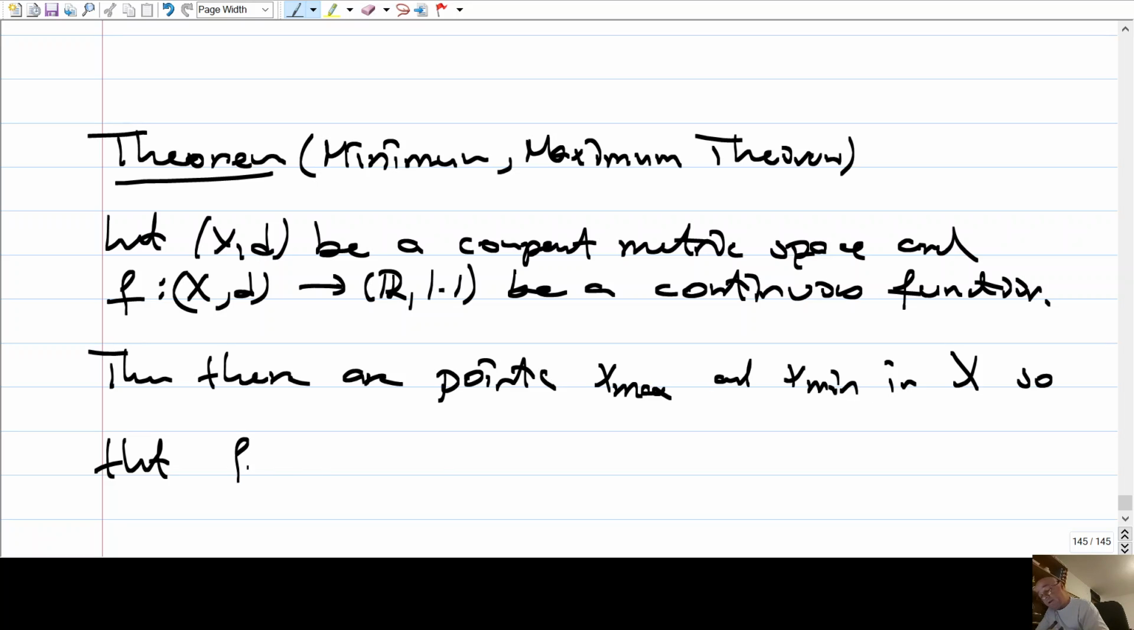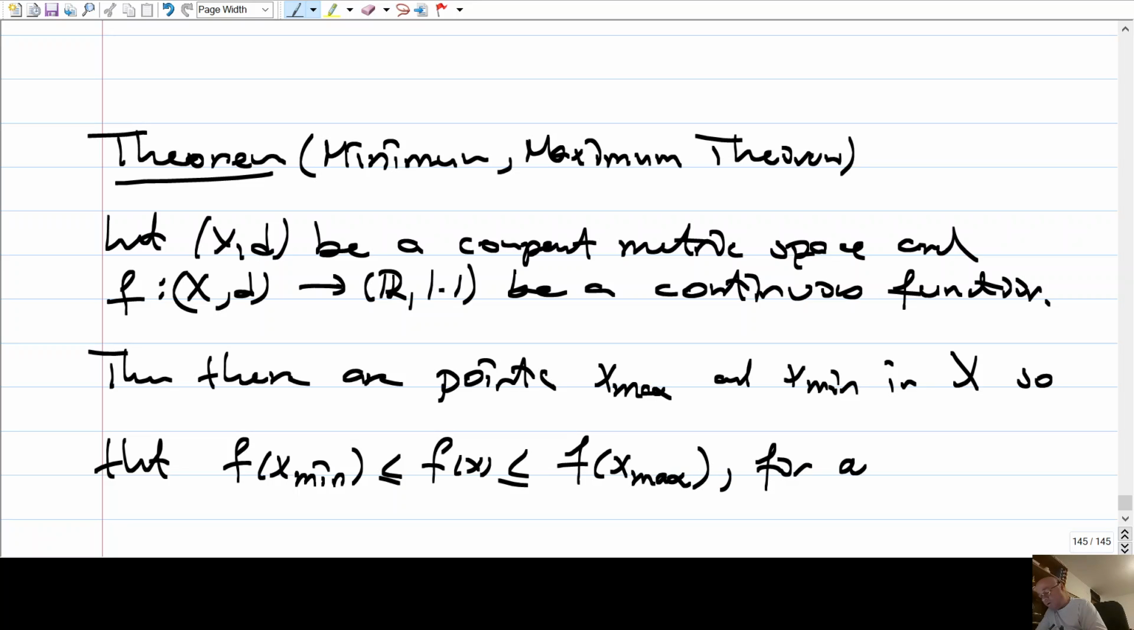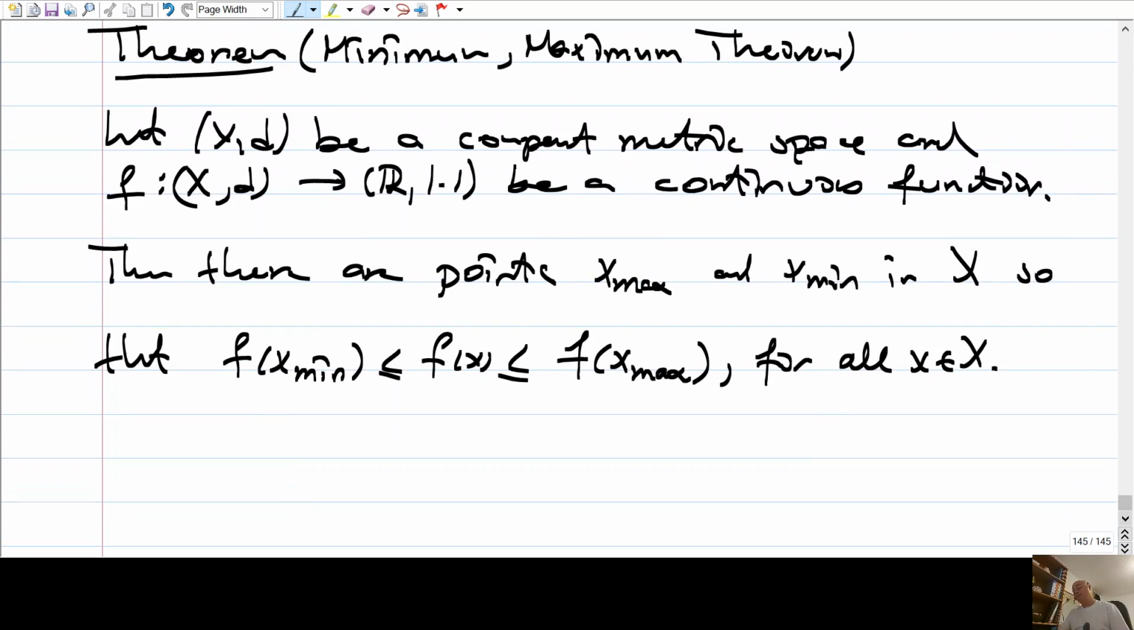So this is how we formulate this. f of x min is less than or equal to f of x, and this is less than or equal to f of x max for all x in X. Therefore, this is the minimum value of f, and this is the maximal value of f. Okay, and the proof is again very simple. How? Well,